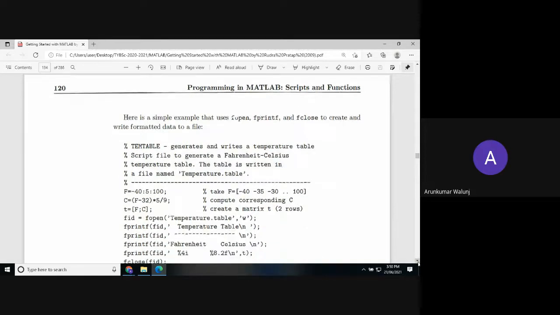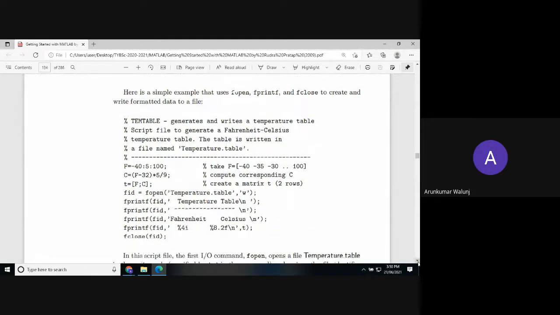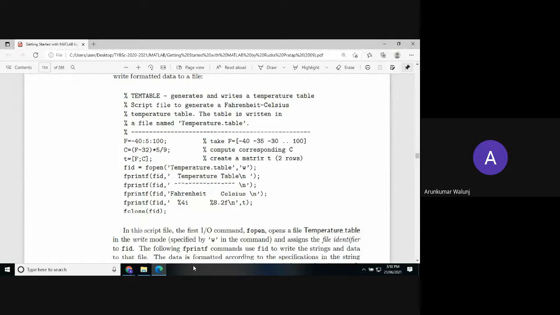Use all this fopen, fprintf, fclose to create and write formatted data lines. So you can use it to convert temperature in a tabulated form. You can convert the temperature from Celsius to Fahrenheit and vice versa. So this can be an assignment for you. So you run this program on your screen.